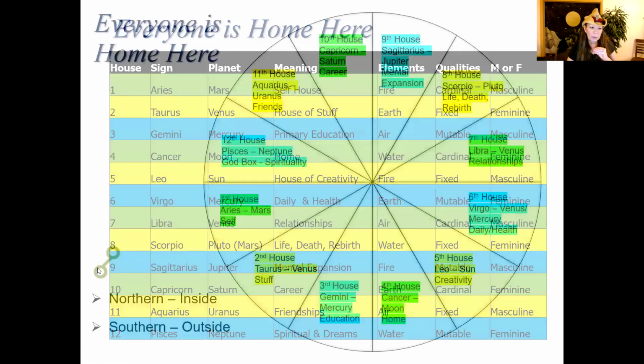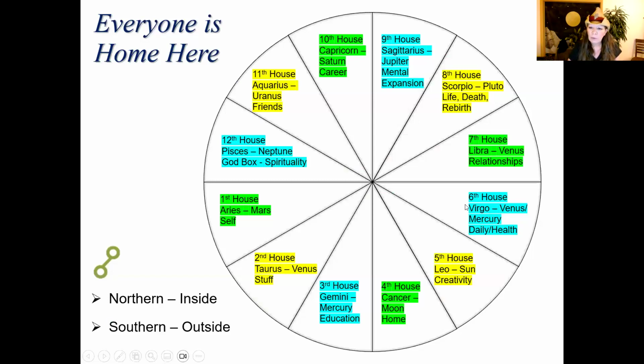So let's just take a quick look at that. Finally, to wrap it up, oh, well, it makes sense. Here's the Virgo earth sign over here in the sixth house. What would be opposite? Well, the 12th house. Oh, well, this person is looking at day-to-day health and well-being, and this one is more focused on what's beyond. Neptune, dreams, spirituality. So they can either complement each other or argue.